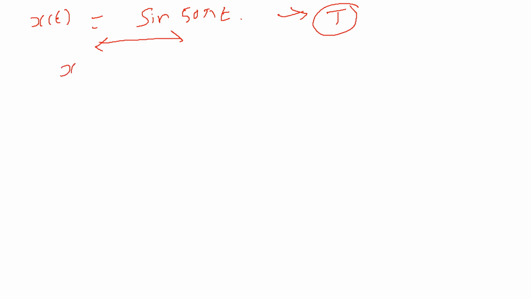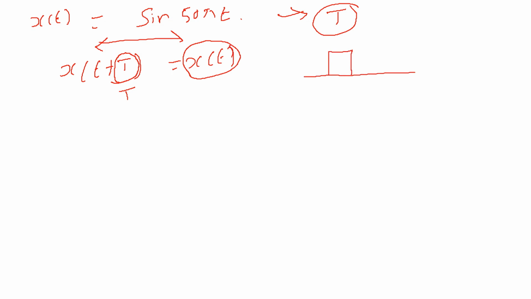Look, as per the definition, a signal is said to be periodic if and only if x of t plus capital T is equal to x of t. That is, even after I shift with a period capital T, I will still be getting the same signal. This kind of signal we call a periodic signal. For example, a square wave, let's look. After some period it will be repeating, right? Something like this. Now the question is, I have to find the value of the period.